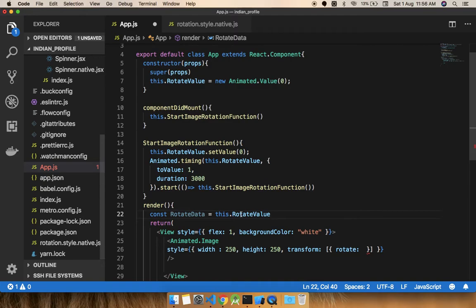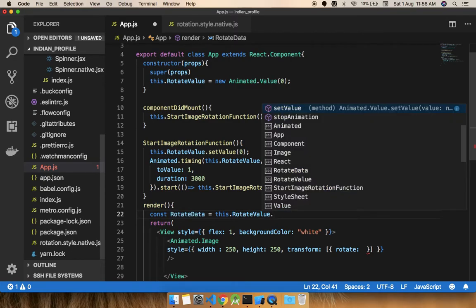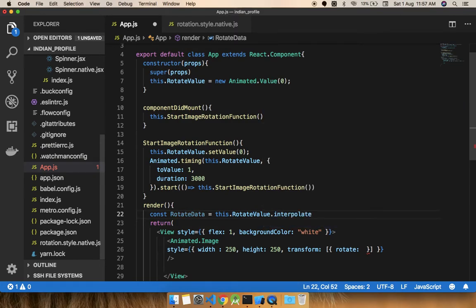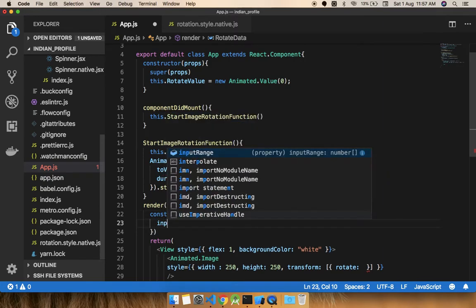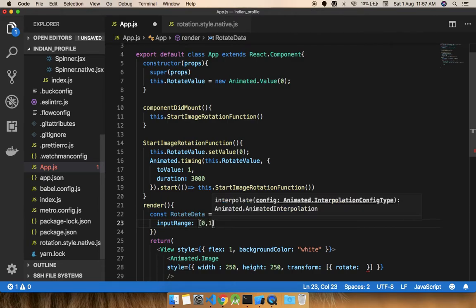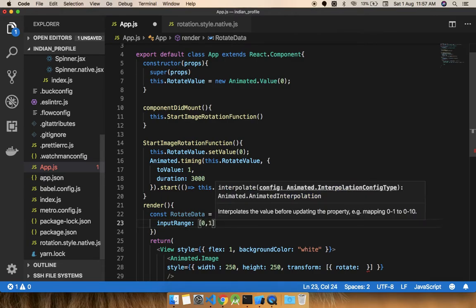This will take that value, and we need to interpolate it with some range. It is called the input range. We can give it 0 to 1. This is ideal.